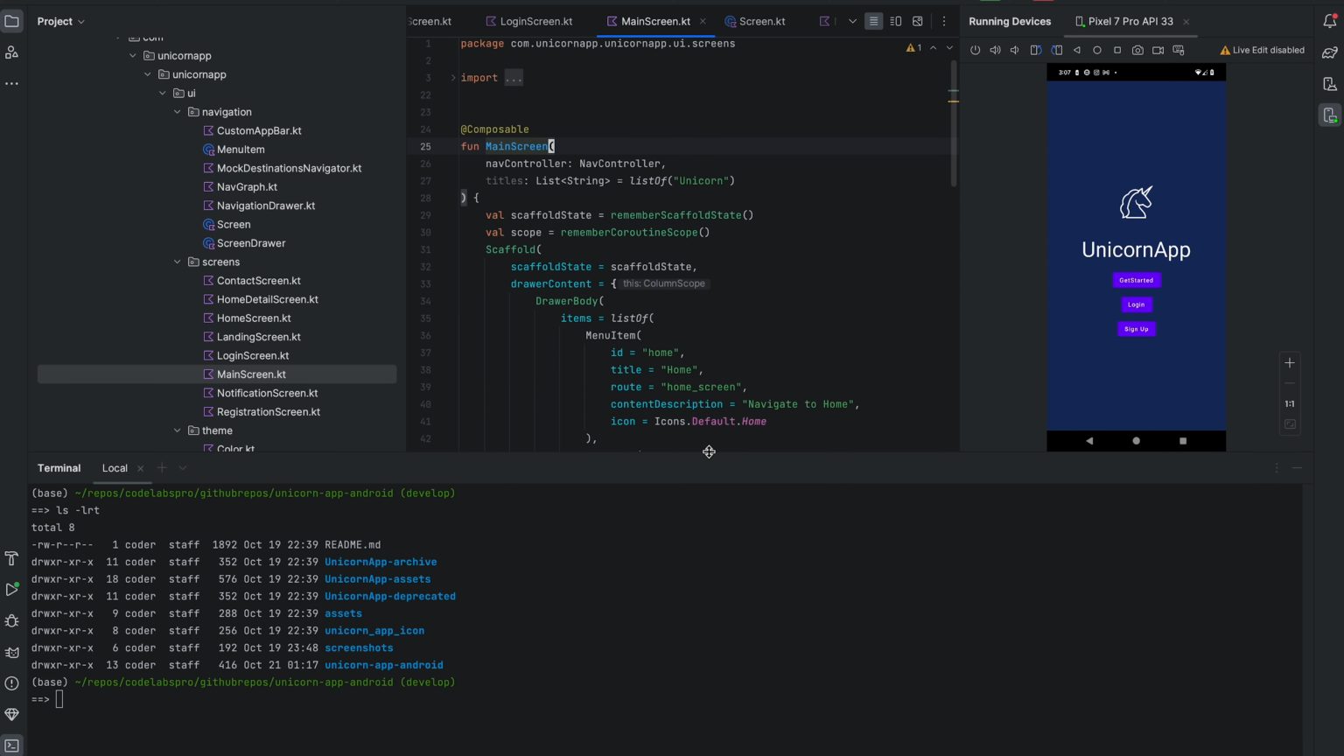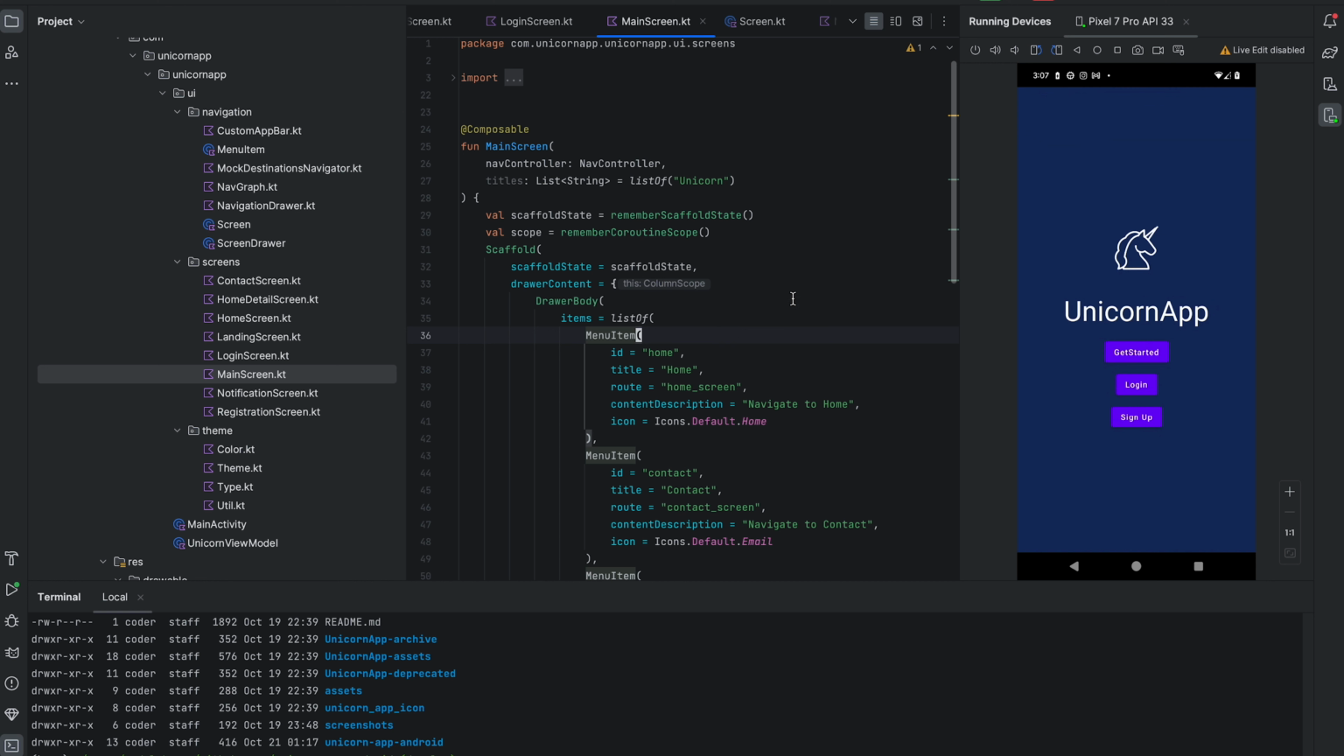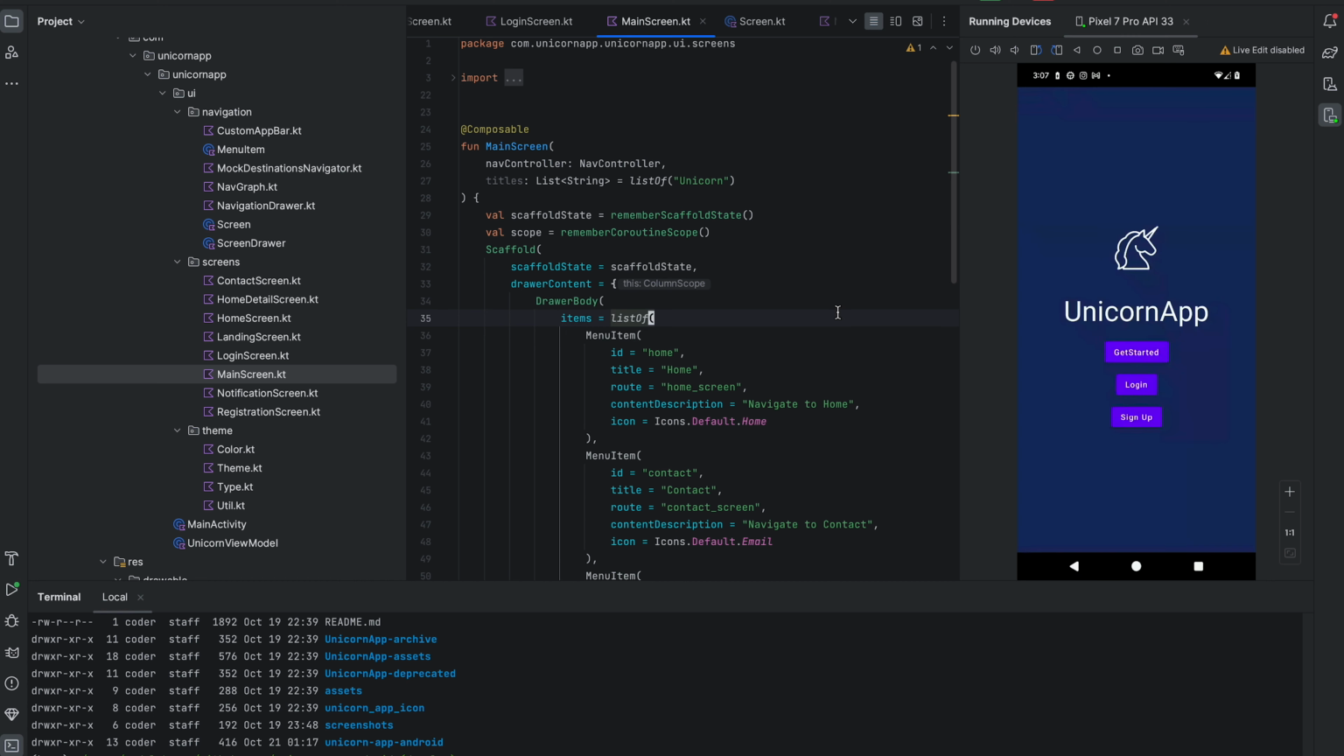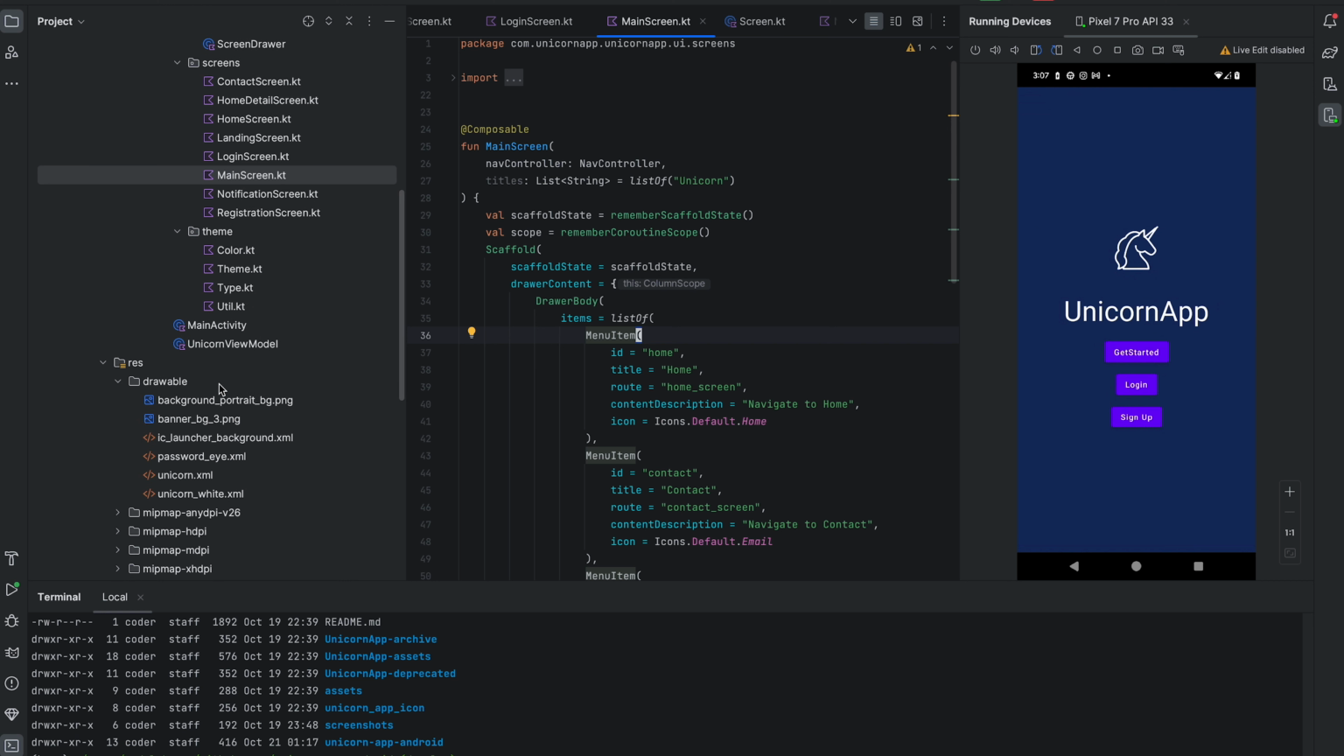So in our code for the Unicorn app, we have our navigation set up for the login and registration, which takes us to the login and sign up forms. And we now want to take the user to the main screen when they click on get started. So let's go to our main activity